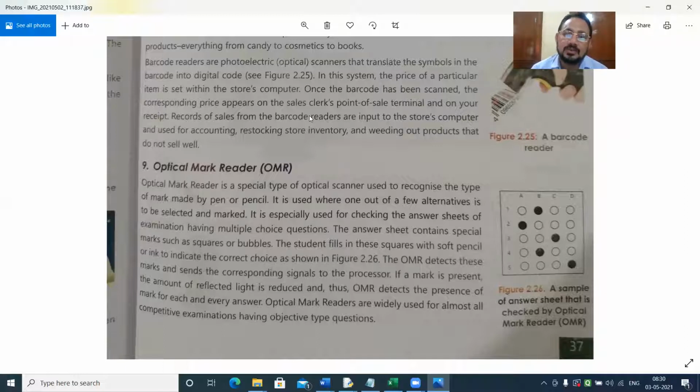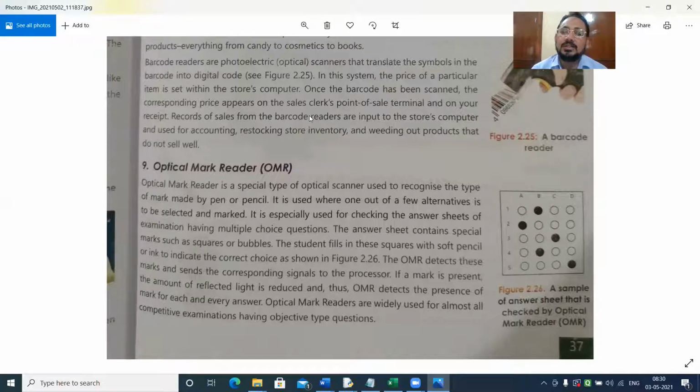It is especially used for checking the answer sheets of examinations having multiple choice questions. The answer sheet contains special marks such as squares or bubbles. The student fills in the square with soft pencil or ink to indicate the correct choices. The OMR detects these marks and sends the corresponding signals to the processor.